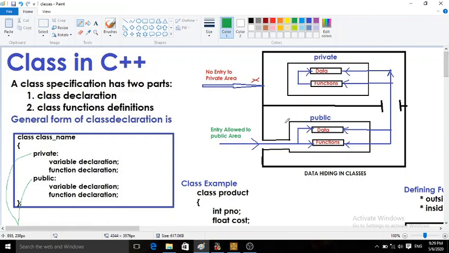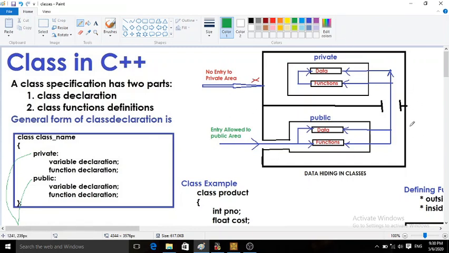So this is a diagram which is showing the data hiding feature of a class. As per the syntax of class, or the general form of class declaration, in this diagram we have two sections, private and public. Let us consider this outer square. This entire thing is a class.